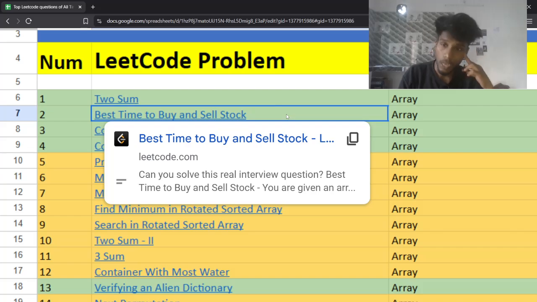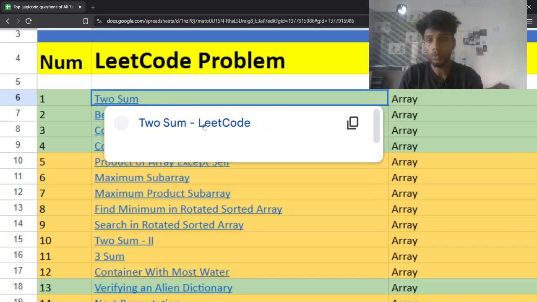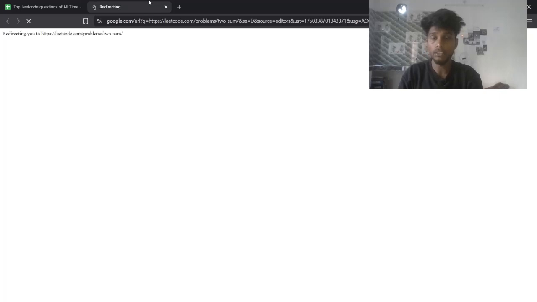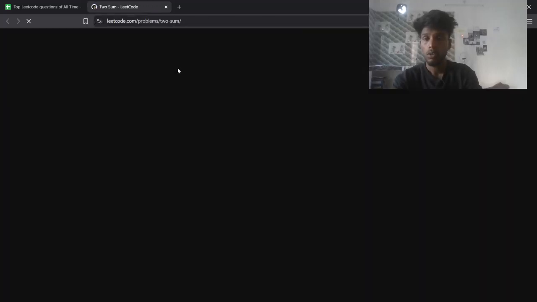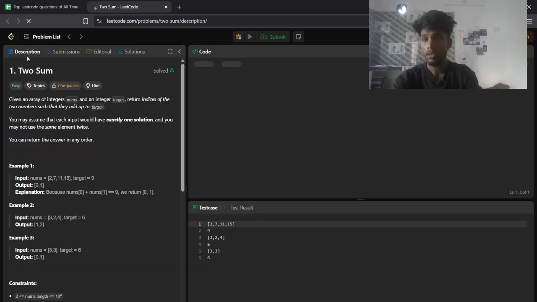Now, for that, I'm going to explain and solve the Two Sum problem. It's an easy problem in LeetCode, and this is the first problem in LeetCode. So I want to